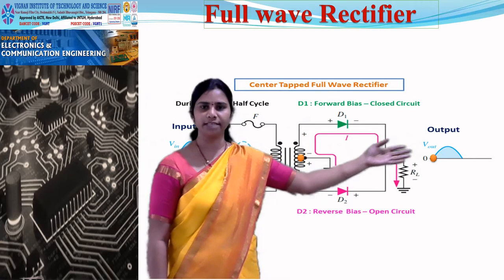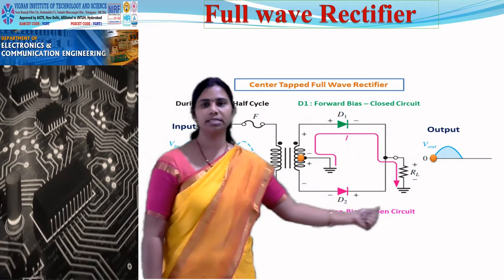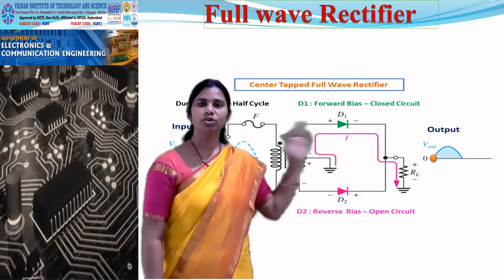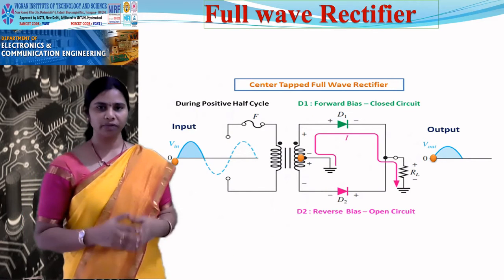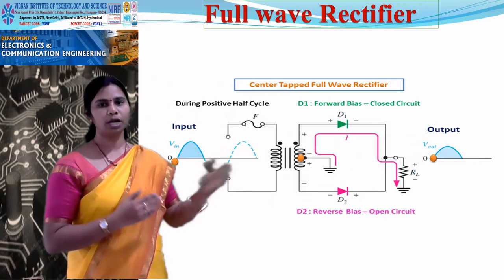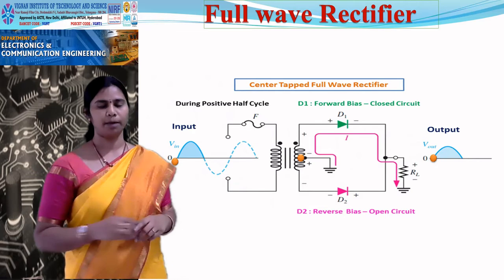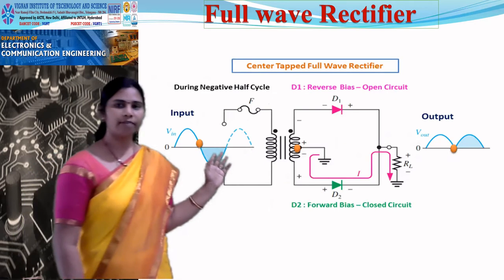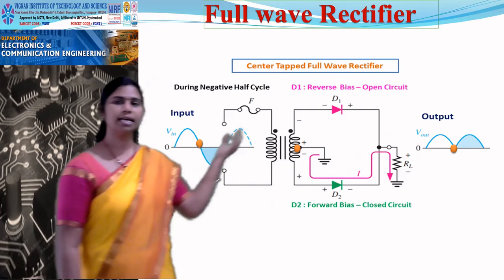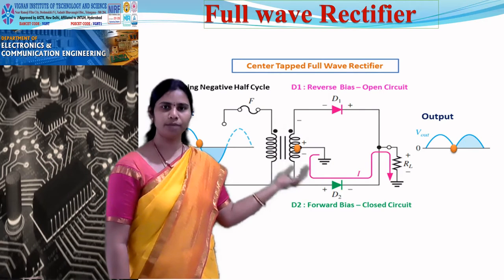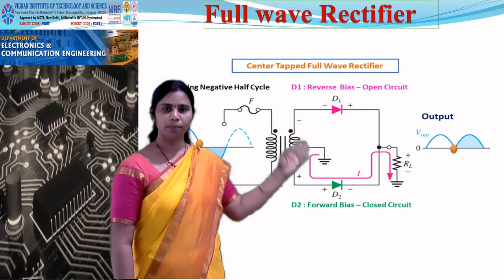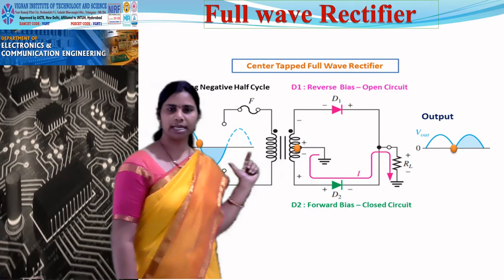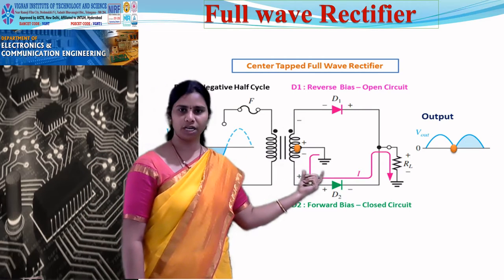That means the same positive half cycle. But you will not see any current through this diode as it is in the off state. So D2 is off, D1 is on. So for the positive half cycle, diode D1 conducts, giving the same output across the load resistor as the input we have applied. If you go for the secondary of the transformer, when you have applied a negative half cycle, this is again given to the upper half and lower half of the secondary. So you will apply a negative voltage here, positive at the center tap. So again this node voltage will be negative, because the same negative half cycle is given to the lower half of the secondary transformer.